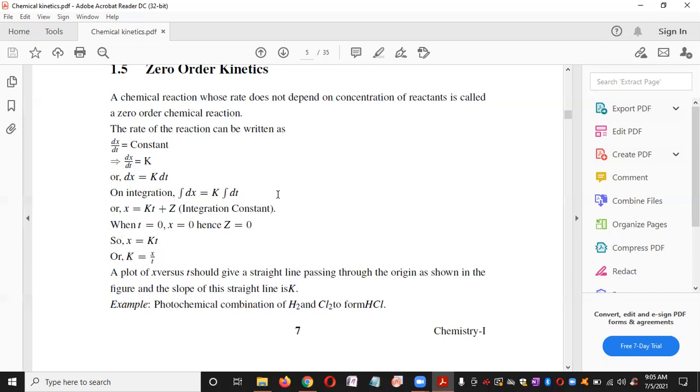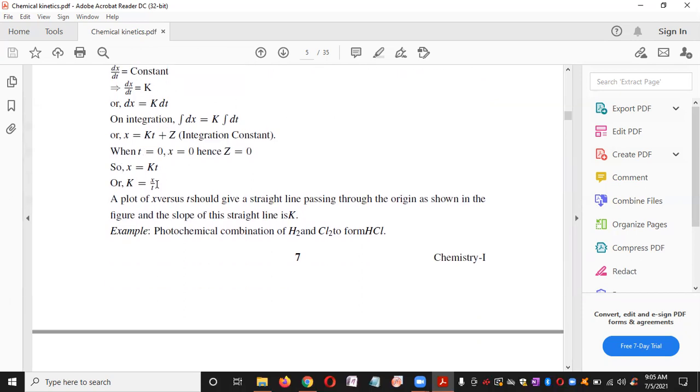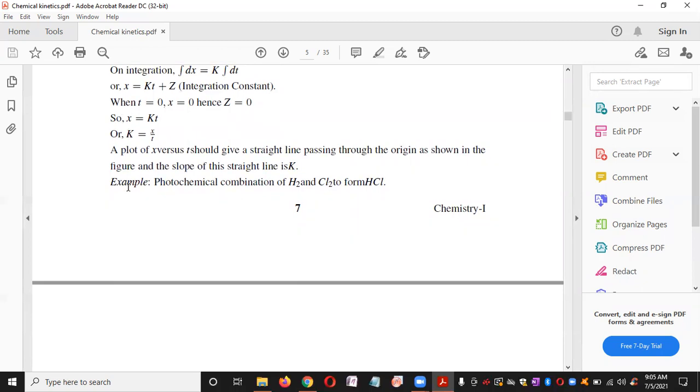Okay, so this is the determination of the rate constant for a zero order reaction. k is equal to x by t, where x means the concentration of product and t means the time. You can also write k as k naught, with subscript 0, that is known as k naught, no problem. Examples for zero order reactions: most photochemical reactions, the reactions which take place in the presence of radiation, are zero order reactions.